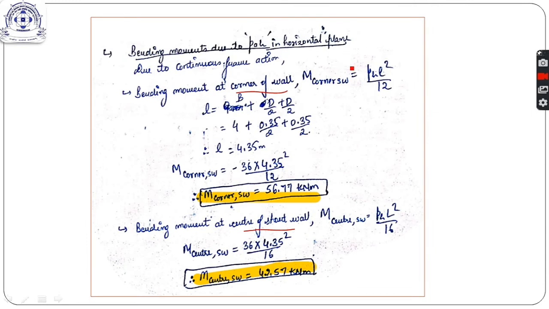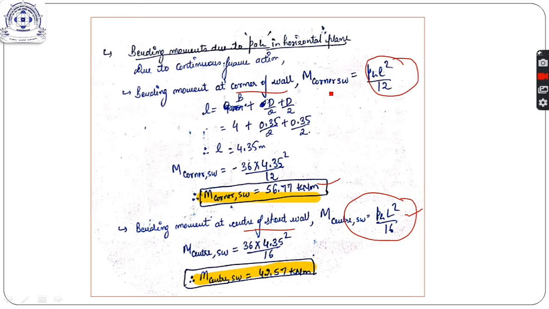There won't be any problem with that, but it is a different approach. You can also take it to be the center to center distance, it is up to you. So the thickness of the wall, as we did when we designed the long wall, was 350 mm. So we get small l, that is the center to center length of your short wall, to be 4.35 meter, and we calculate the corner moment like this and the central moment like this. Okay, so these are the central moment and corner moment.